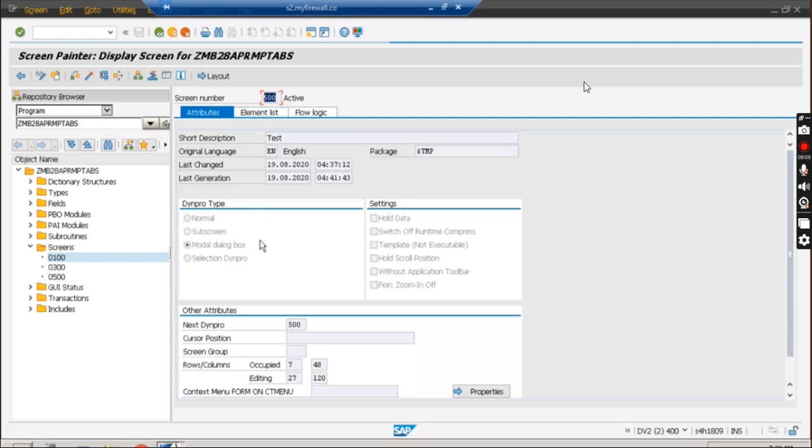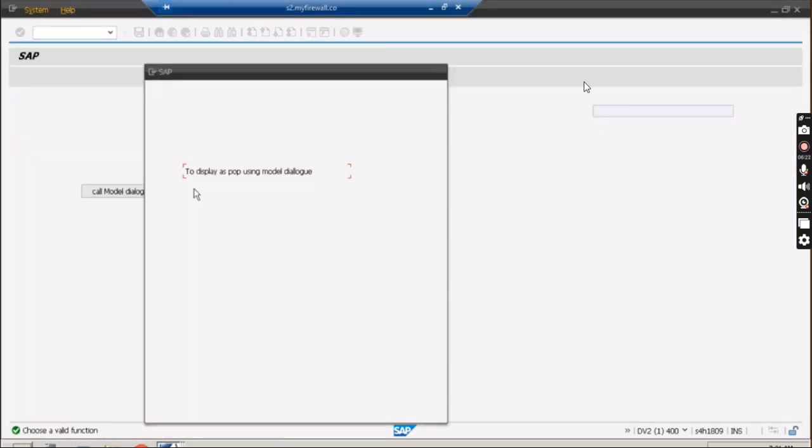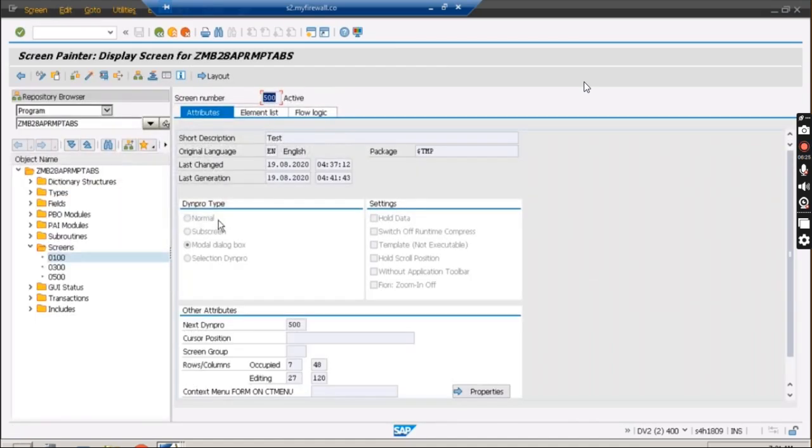If you want to call some screen in the pop-up way, like a pop-up, you will have to use model dialog box. But the navigation is the problem over here, right? You can see that I'm not able to go back or something like that. So what we will have to do, can you guess what we'll have to do? Can you give me some clue how I can handle? I just want to go back. What generally do we do if we have to go back, if we have to cancel, if we have to exit?